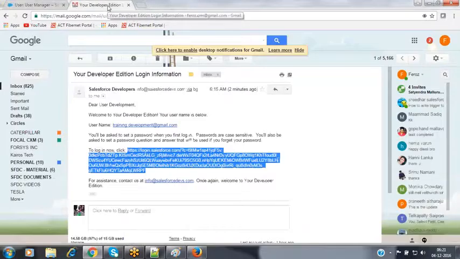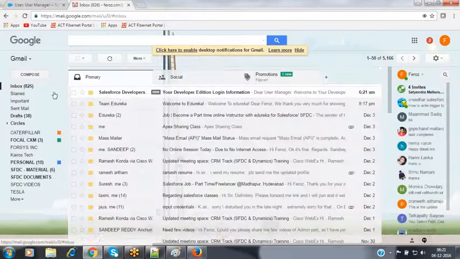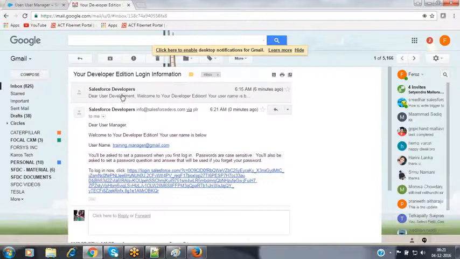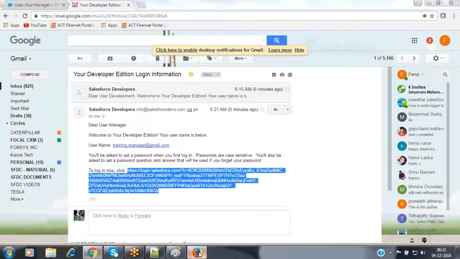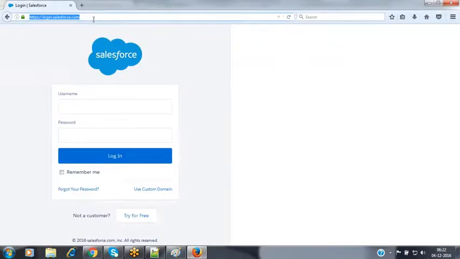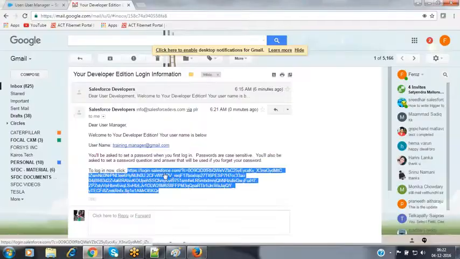Now it will be sending the account activation link to that email ID. Go to that email notification. Open that account activation link right now inside a separate browser. We can click on that link directly, but after that, when you sign out of the account, automatically the whole Salesforce instance will be signed out. So for that, here I'm opening it in a separate browser.